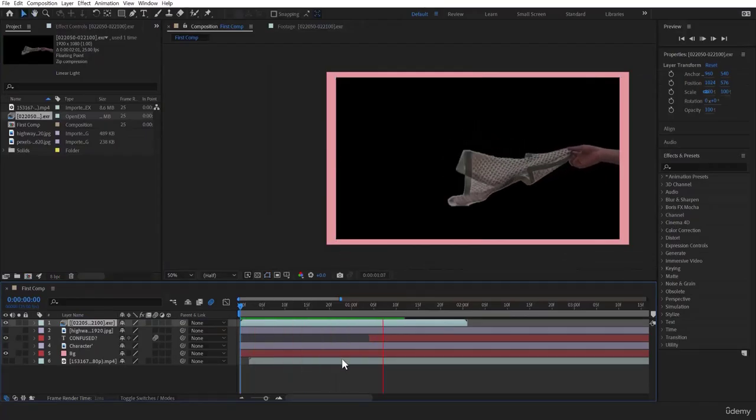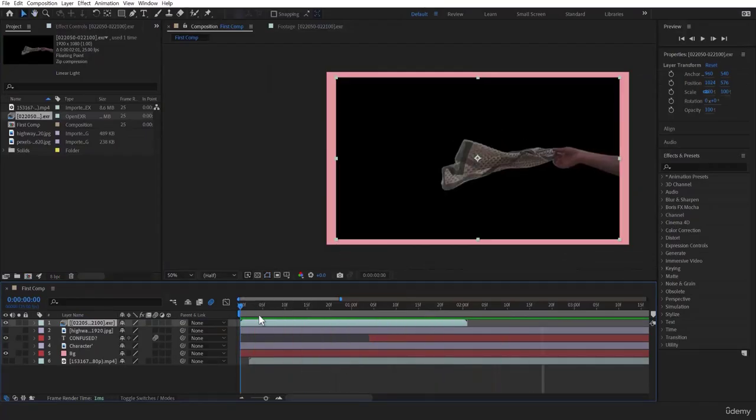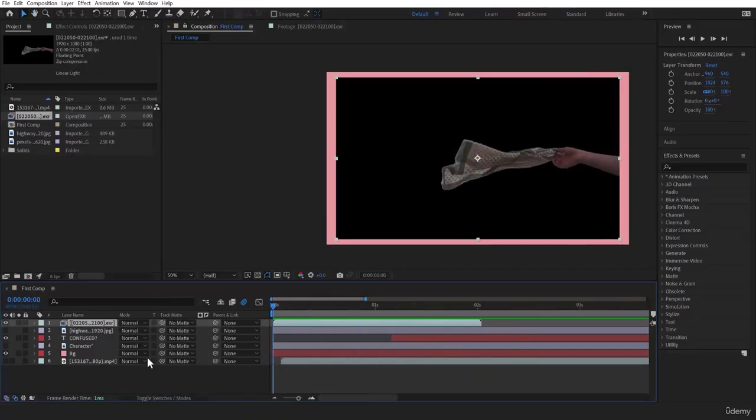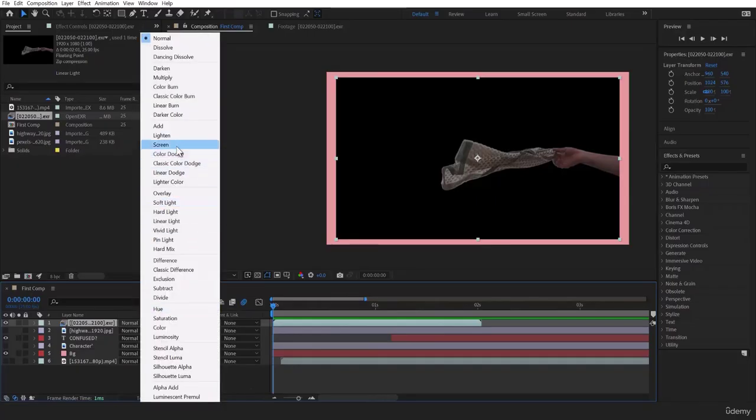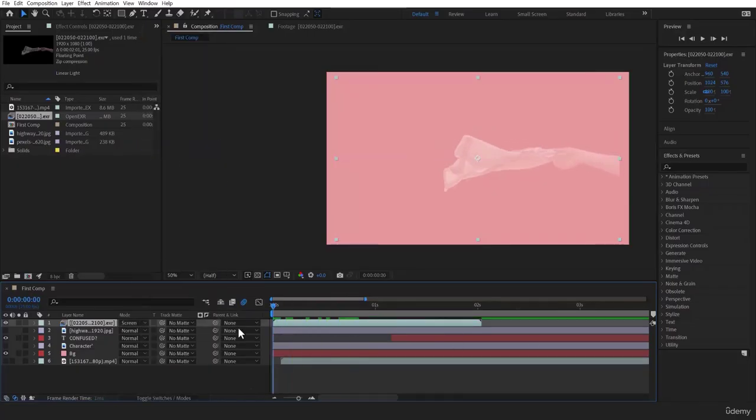Right now, if you see, it is actually appearing as footage. However, there is a sequence of images. There are multiple images, hence it is treated as a sequence. So you need to check that option. Again, if you want, I can toggle the switches mode over here, and from my mode I can change this to screen, which would remove the blacks from the footage and something would appear like this.